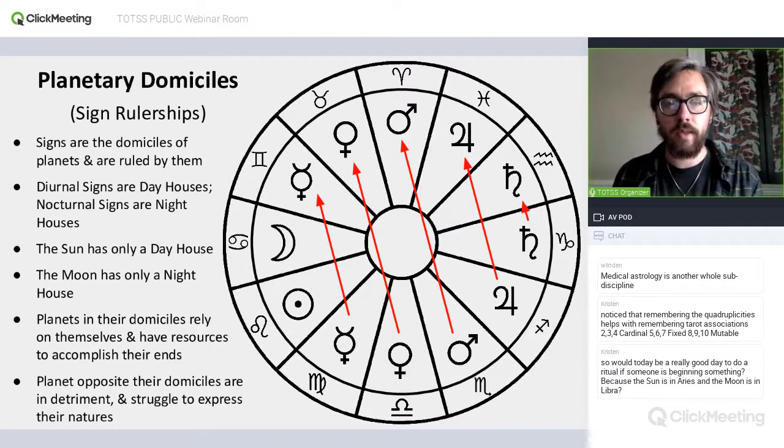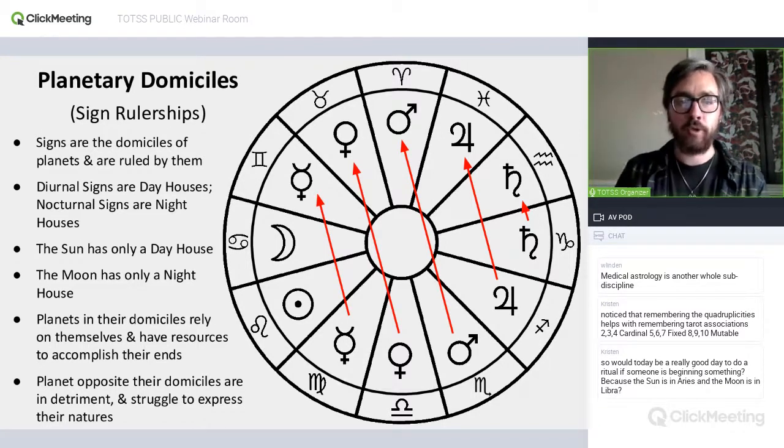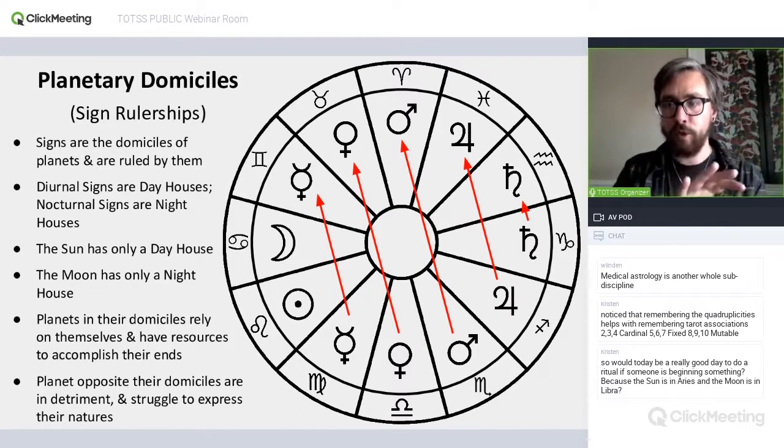And so essentially, the sun and moon only rule one sign each, and then the other planets just get reflected symmetrically. So we have the moon ruling Cancer and the sun ruling Leo, and then the next planet out is Mercury, and so we'll just do that on the other side as well. So on each side of the luminaries, we have signs ruled by Mercury, and then on each side of that, we have Venus, and this is just going in Chaldean order. We're going from after the luminaries, and then just going out in the order of the planetary speeds. So Mercury is the fastest after the moon. Then Venus is the fastest after that,